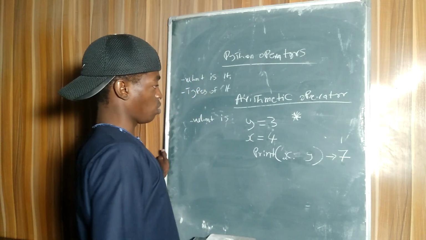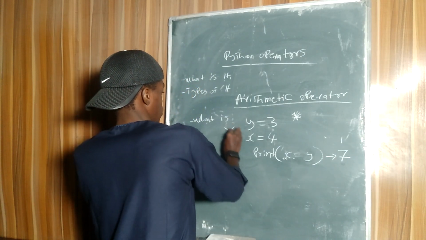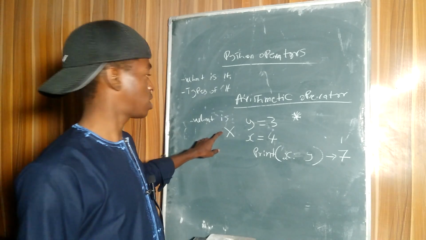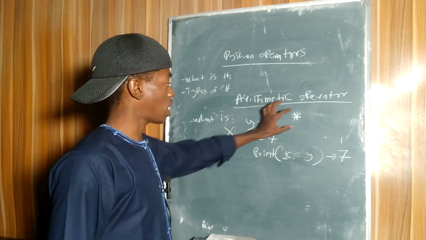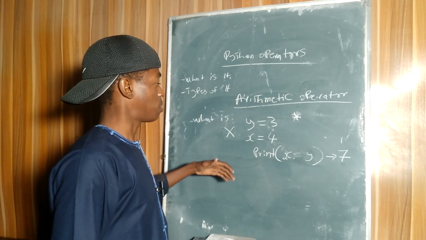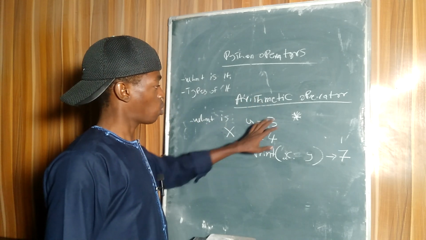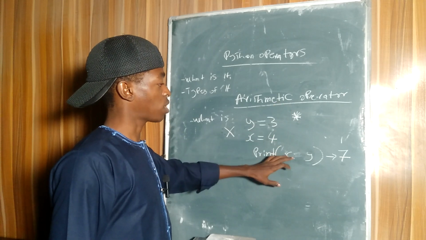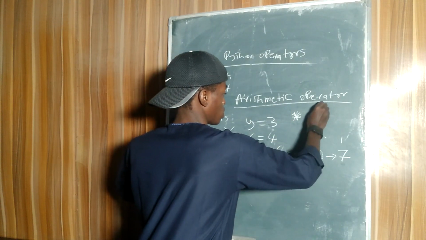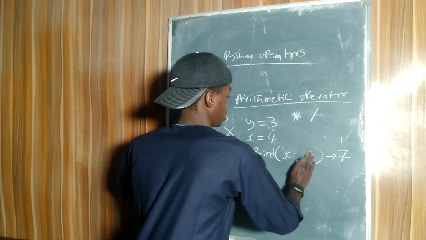asterisk. You can't see something like this on your keyboard; when you see something like this on the keyboard, it's definitely an X. So we use the asterisk as the sign of multiplication inside our programming. When you use this asterisk, it's telling the Python program this is a multiplication. And then we use this sign for division. If I set, now I have